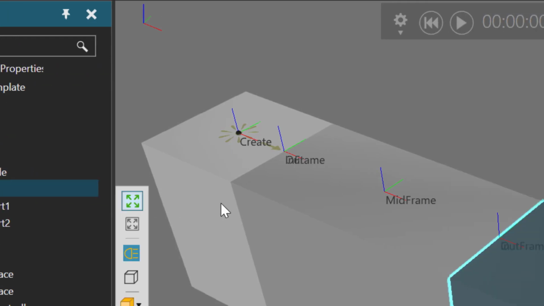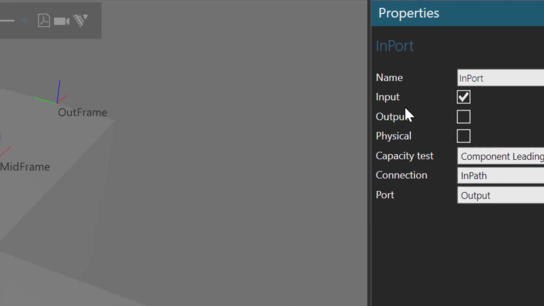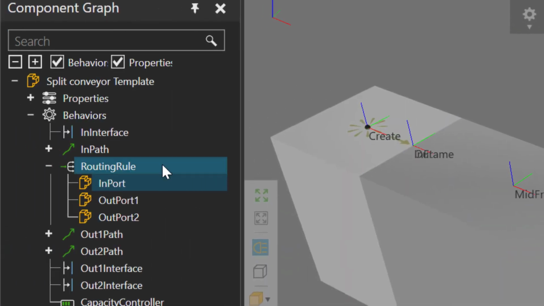If you select a port, it has its own properties, which you can see here. It can either be an input port, flow in parts, an output port, flow out parts, transfer in, transfer out. If you're using some type of proxy, sometimes you can make a port both receive and send. But in our case, I'll switch this back to be an input port. We do have a lesson on our Academy that talks about routing rules in detail, so I'm not going to cover that anymore.